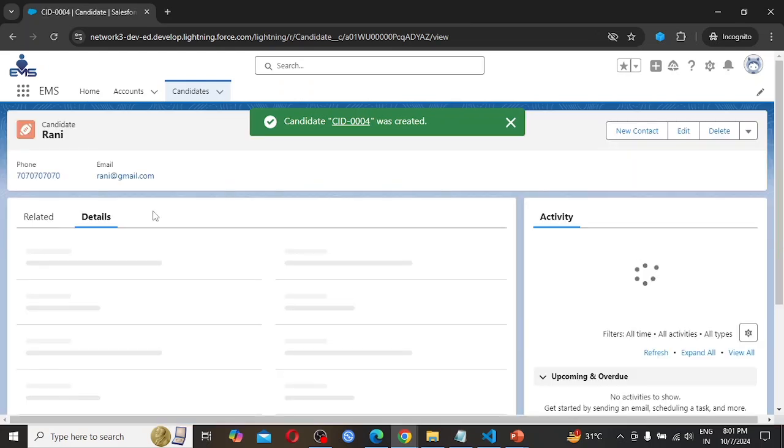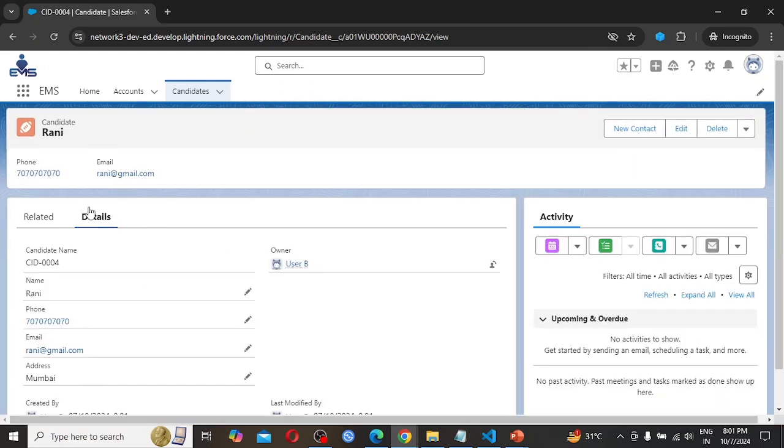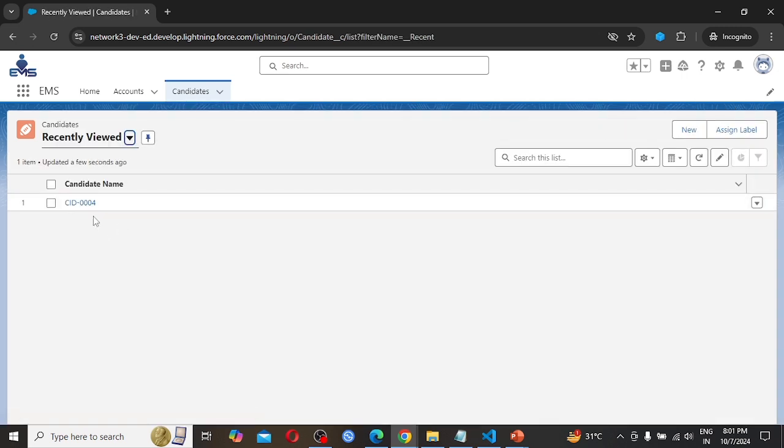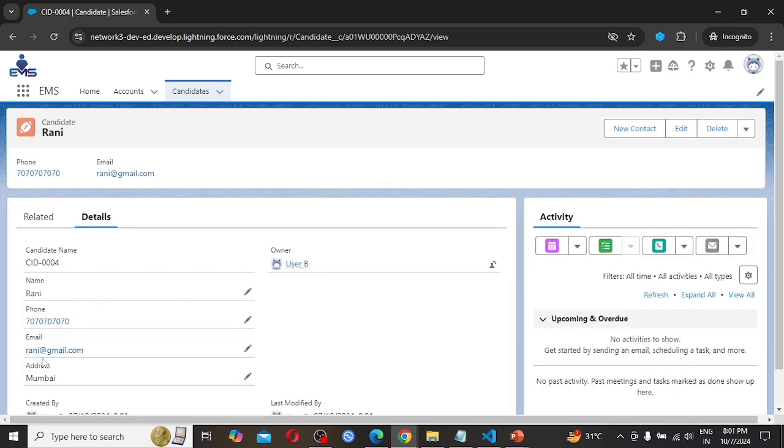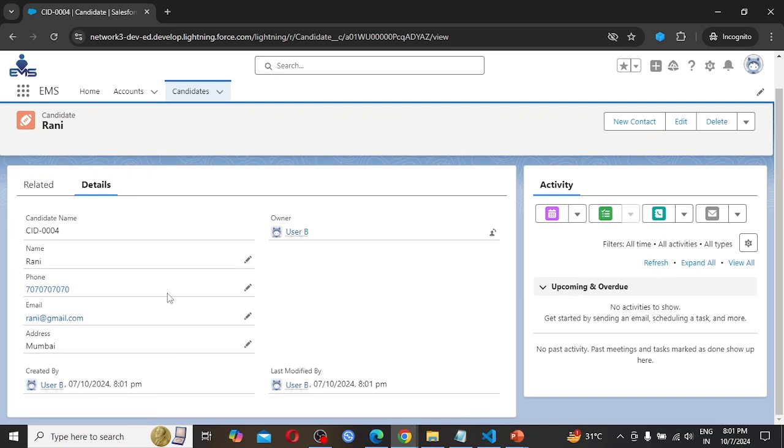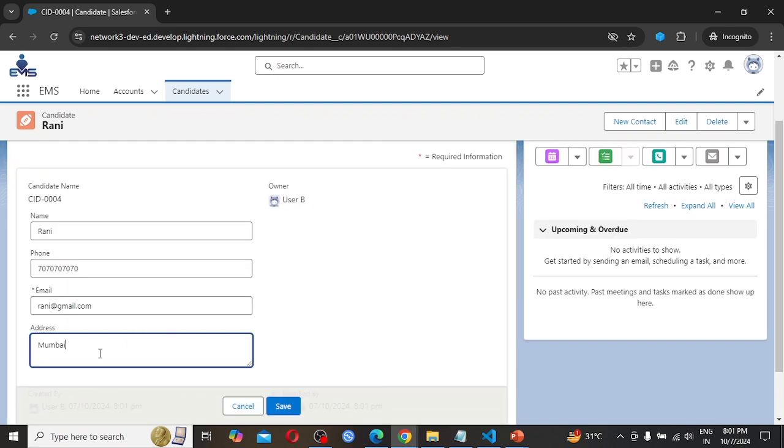To differentiate here, as user B is the owner of this particular record, he is able to see this record and he can perform any operation he wants. So if he wants to change Mumbai to Punjab, he can do it.